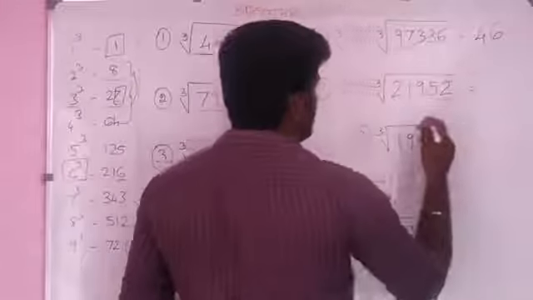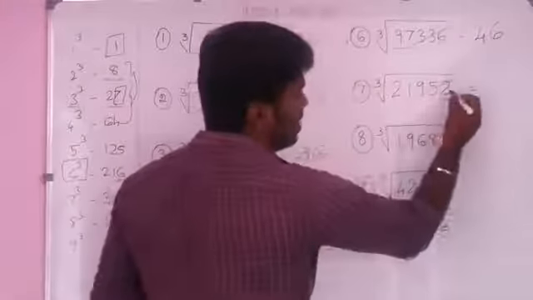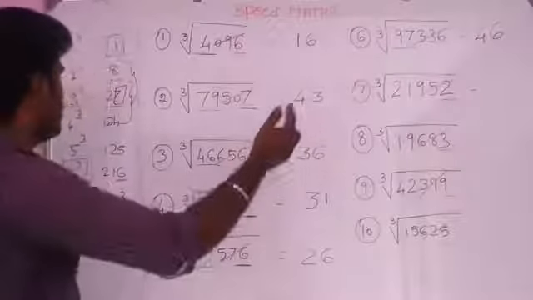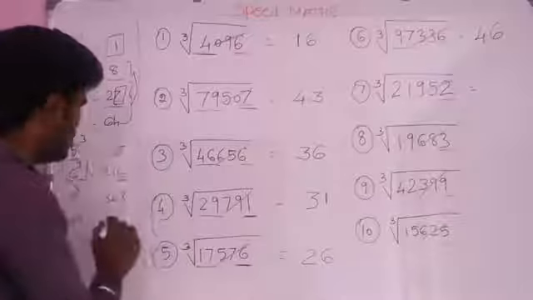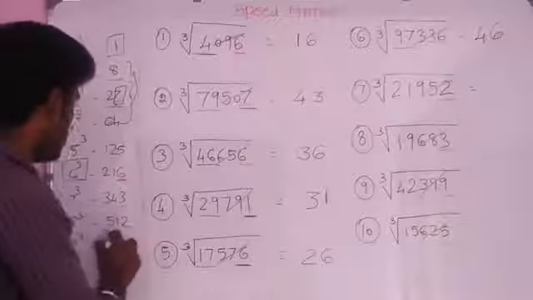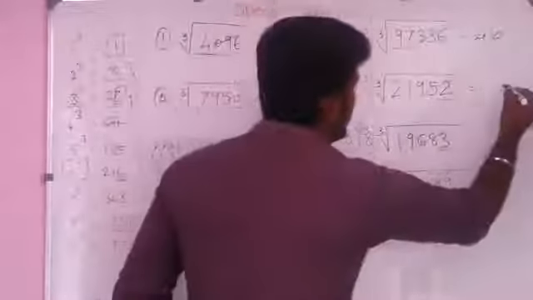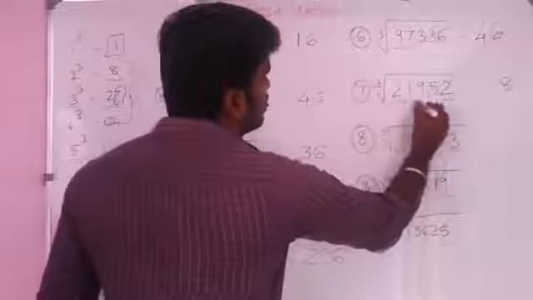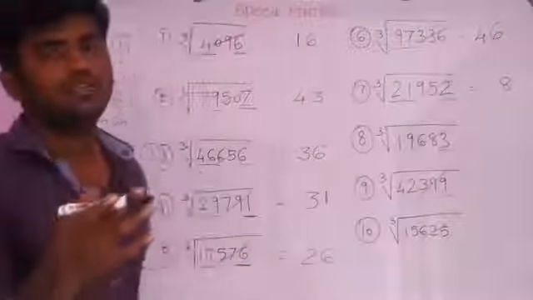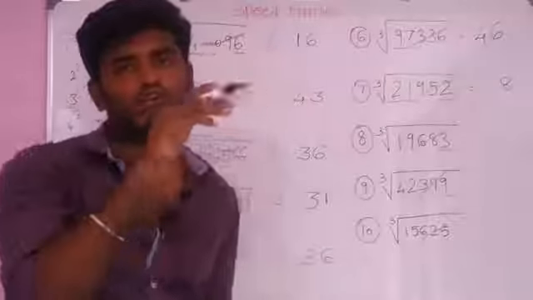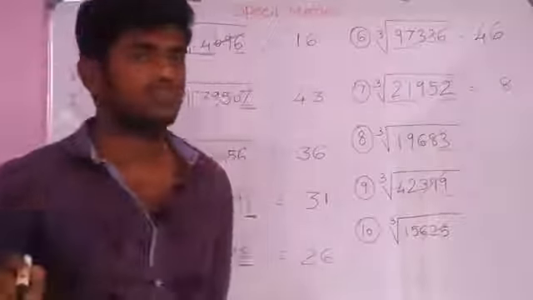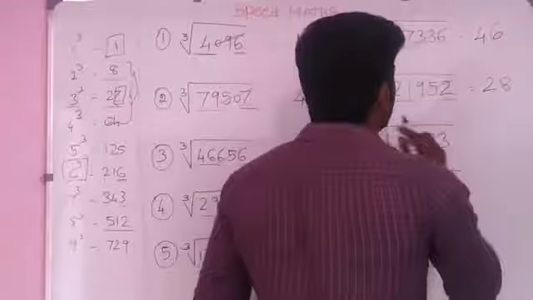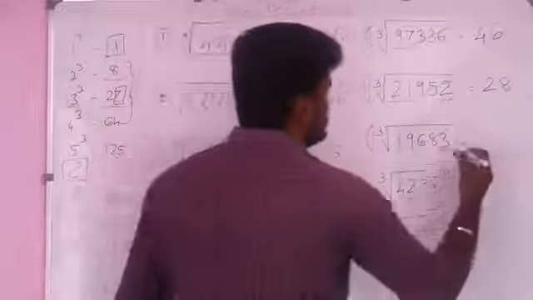And another question, in the same way we take the last digit, that is 2. This has to be compared with the cube values, and the cube ending in 2 is 8 cube, so we take 8 and omit the last 3 digits, and the remaining value is 21. 21 is between 2 cube and 3 cube. 2 cube is 8, 3 cube is 27, so we take the smaller value 2 cube, so we take 2. So the answer for this question is 28.